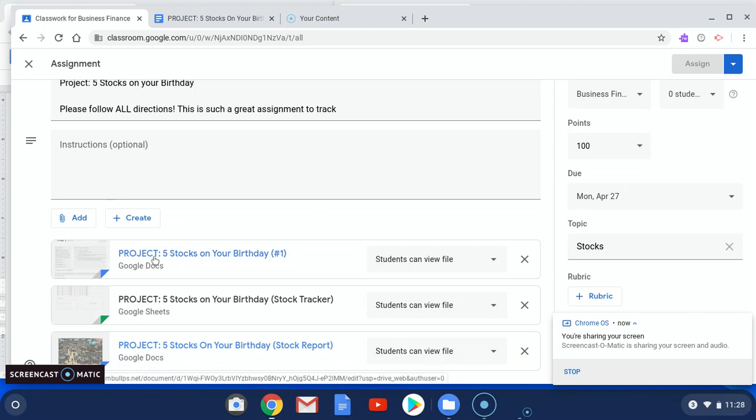So we're going to have a project file, which is 5 stocks on your birthday. You're going to have a Google Sheet, remember those from class, which is going to be your stock tracking file. And then your third file is going to be your stock report, and that's going to be on a Google Doc. So the first thing we want to do is pull up our project 5 stocks on your birthday,